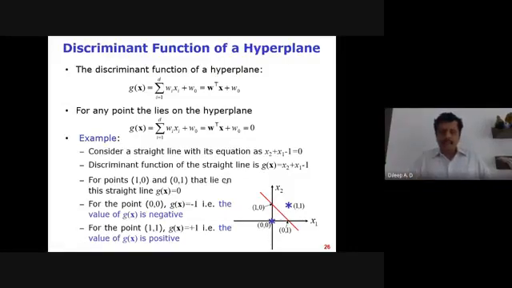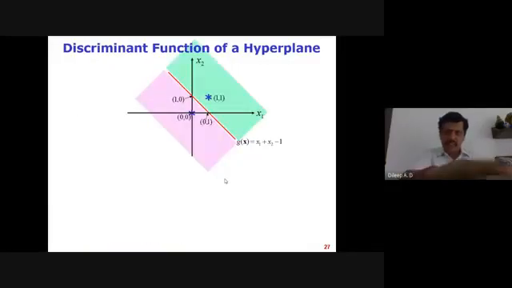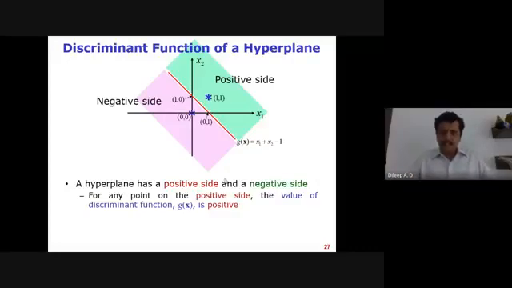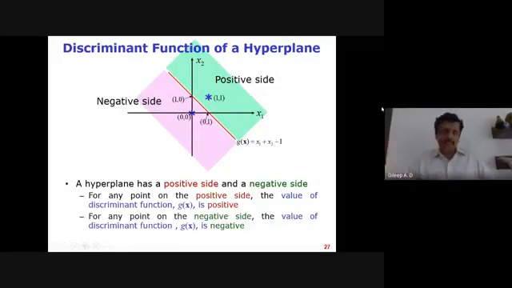What this gives is the idea that any linear discriminant function, in this case the line, has two regions: one is the positive side, another is the negative side. For any data point lying on the positive side, the discriminant function g(x) value is positive. Basically, it's a linear function. Similarly, for any data point on the negative side of the line, its discriminant function g(x) value will be negative. That's very important.